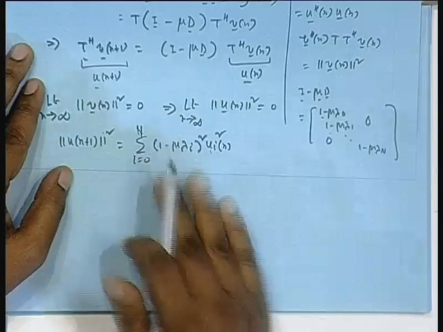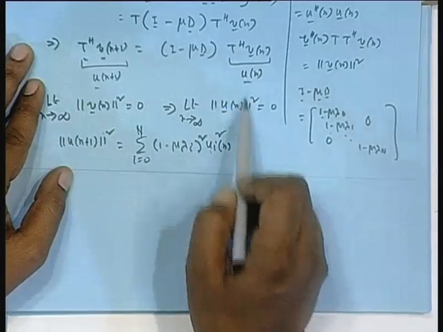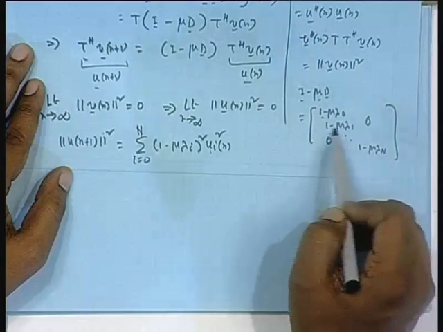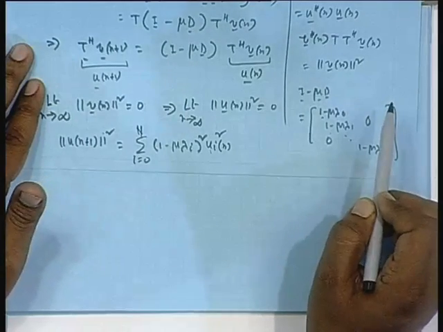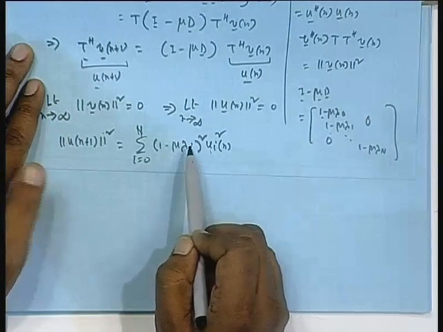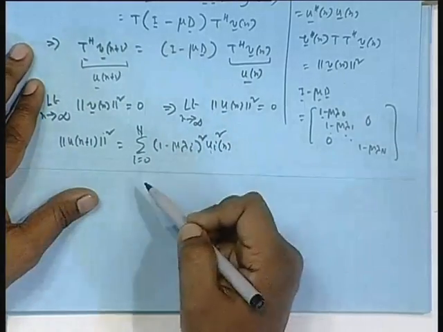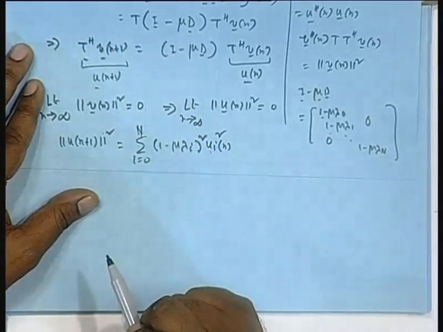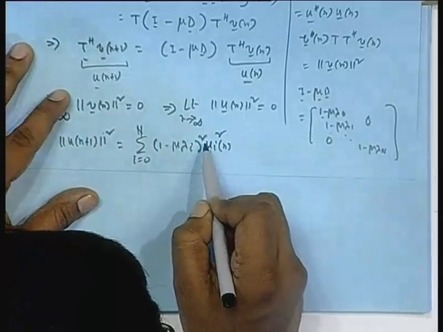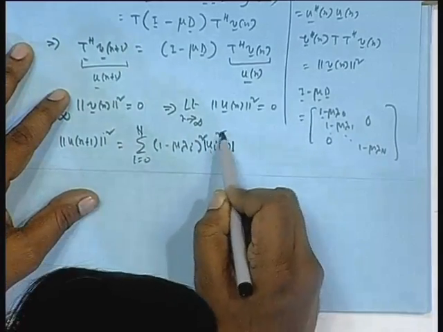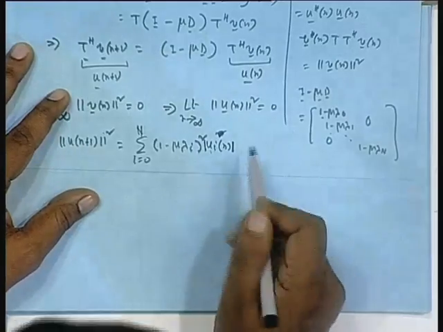It is simple, isn't it? I am just writing this. The diagonal matrix times a vector. This will multiply the first entry, this will multiply the second entry, like that, and square them up. So, 1 minus mu lambda could be negative or positive. That is why I am putting, I should put a mod square, but mod square and square are the same, because they are real. In fact, I should put mod here, because a component of U could be complex. So, this.